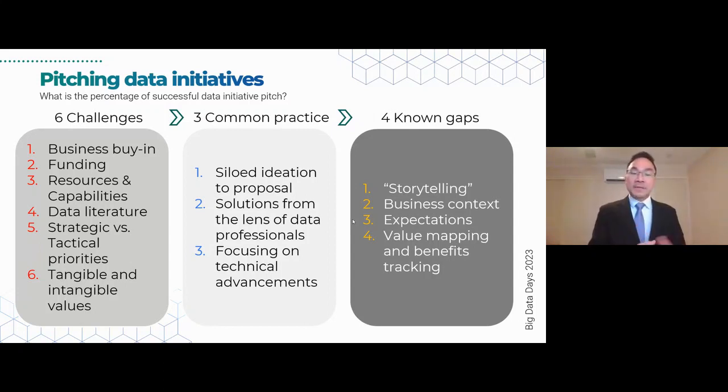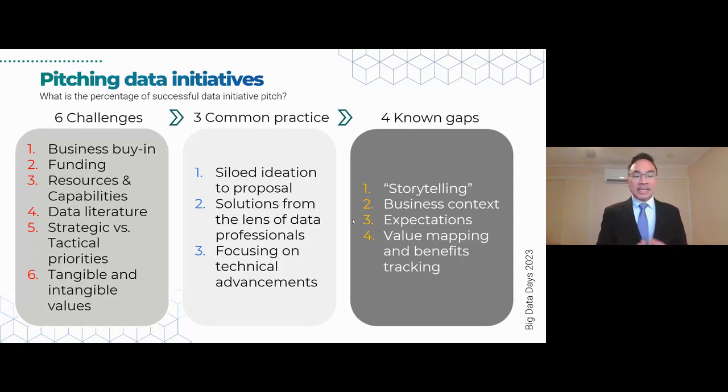They don't really have the expertise or the understanding to have the same level of conversation about the data initiative that you might have in technical terms. Then the next, after the first challenge, the business buy-in, it comes with the funding or the support, then the resource and capability of your own organization, and data